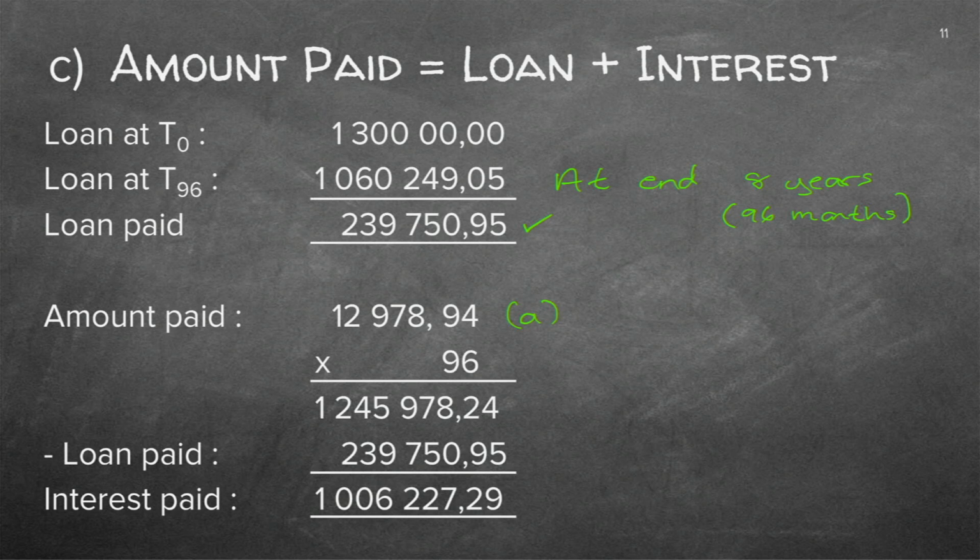For how many months did you pay it now in those 8 years? You paid it for 96 months. So if you multiply it by 96 months, you get the actual amount of money that you paid. Now, think carefully. The actual amount of money that you paid and the physical loan that you paid off. If you subtract those two from one another, it will tell you what interest you paid. So there's the actual payments.